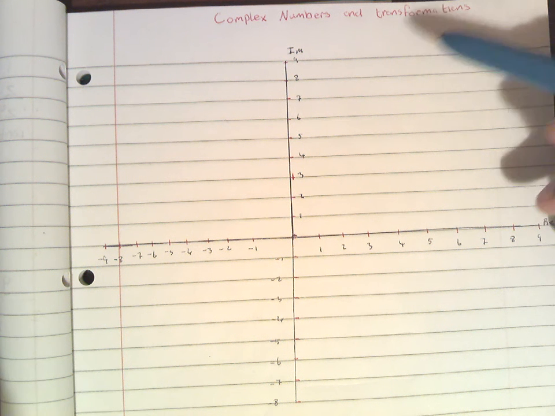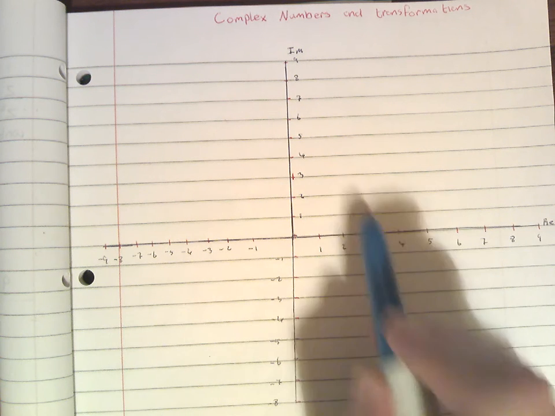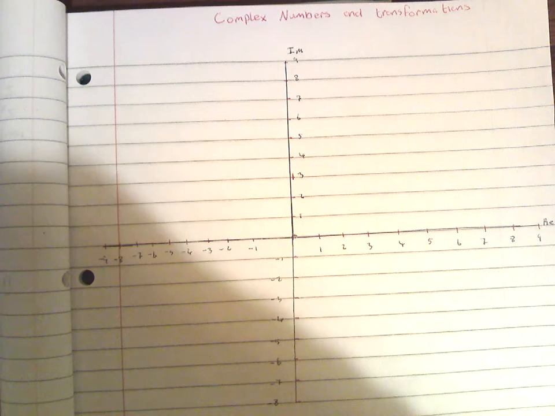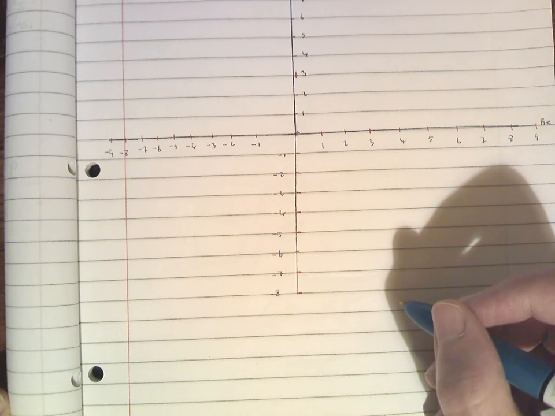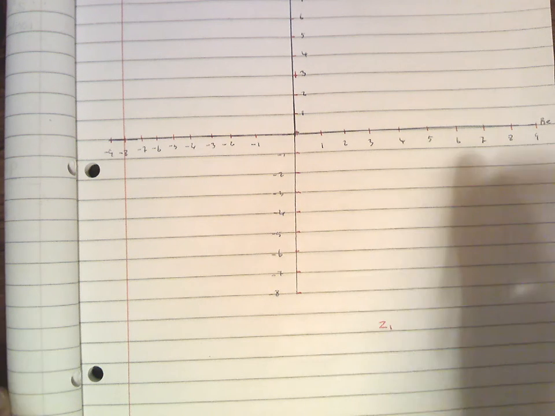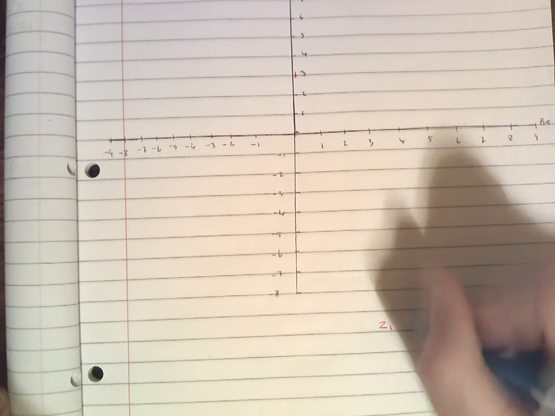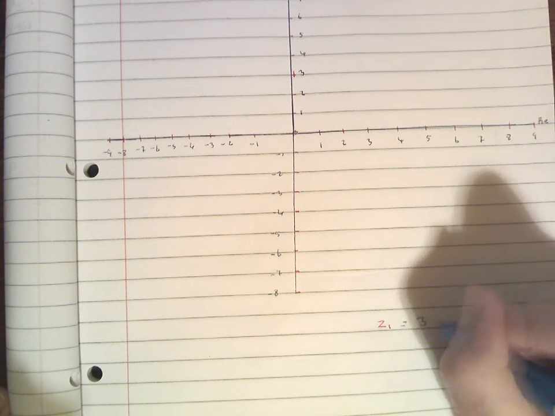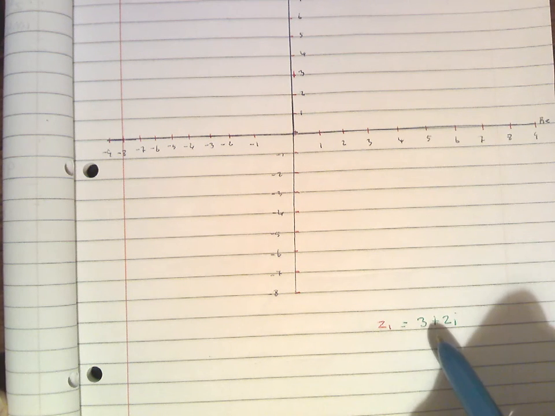Okay, so in this lesson we're going to look at complex numbers and this idea of what are called transformations. So if we have a look at this so that we're familiar with what this is, it's an Argand diagram. Now imagine we take a complex number, let's say 3 plus 2i. We call this complex number z1, and the value for the complex number is equal to 3 plus 2i. What we can do is take this complex number and plot it